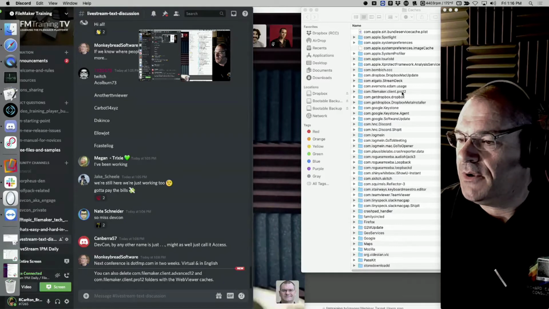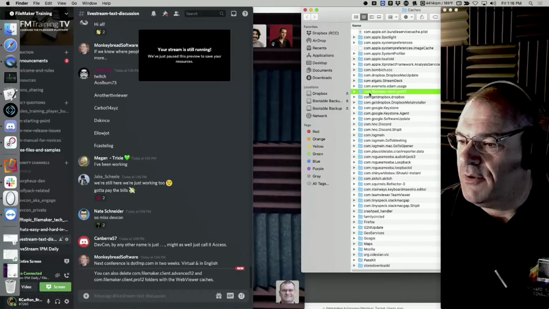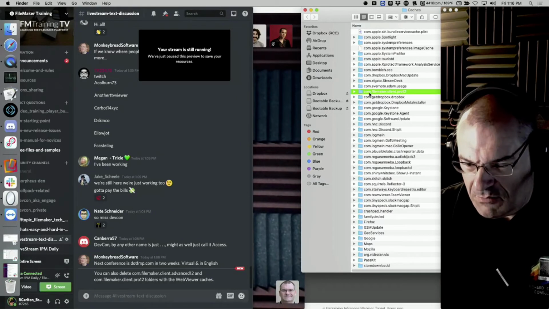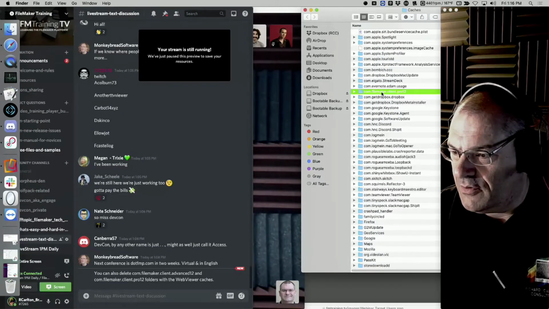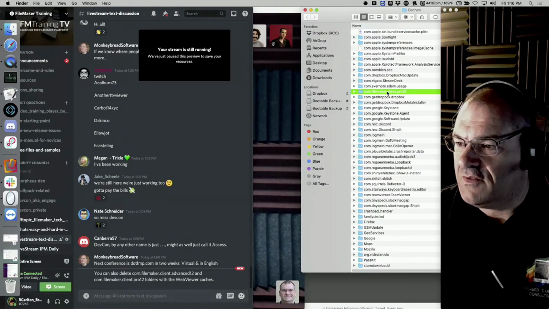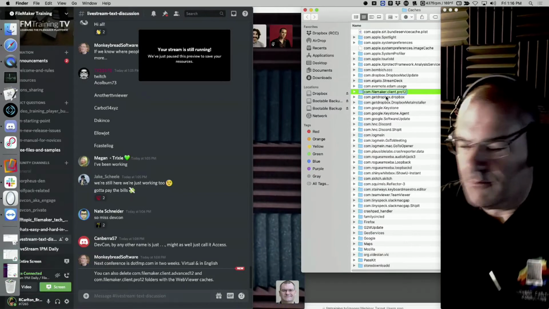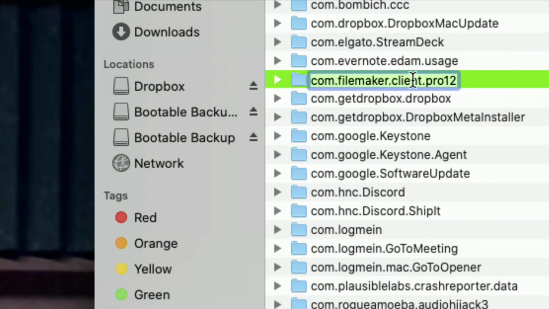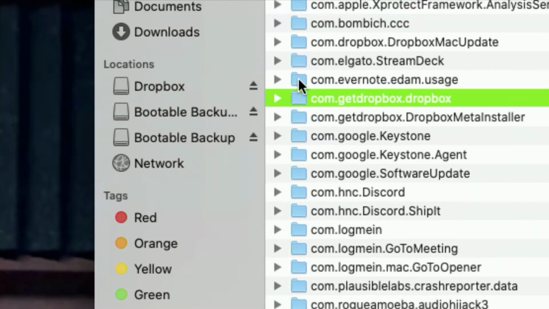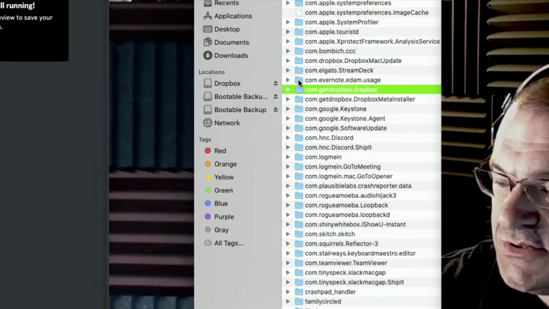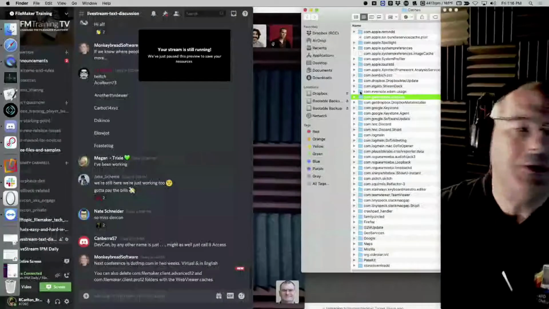So you're going to come up here, and I see FileMaker Pro, that one right there, Advanced Pro client. I don't have it on this computer for whatever reason. Basically, if you see FileMaker up here, I'm going to zoom in a little bit. You see this one here, or another one that says FileMaker Advanced Pro 12, or the FileMaker one. So there's really 3 different folders you can see on the Mac. You want to nuke this one too, because that will clear out the cache for the web viewer if you're having web viewer issues. That's a really awesome tip.